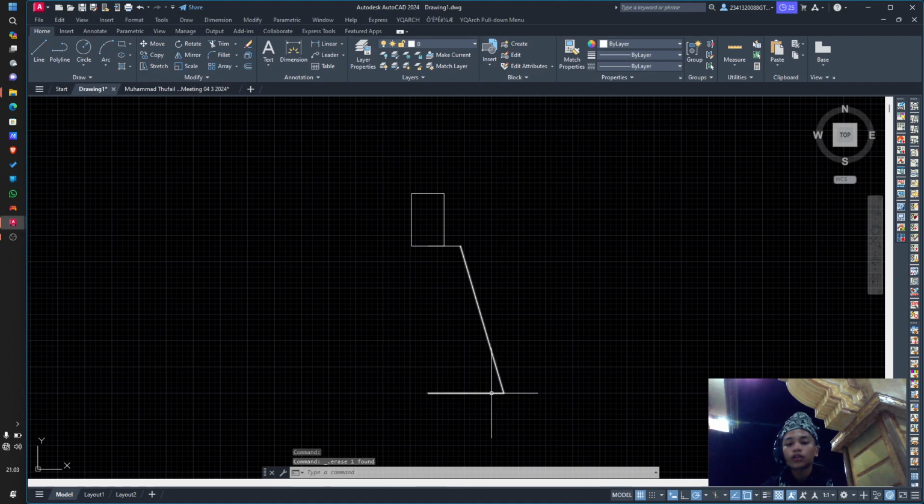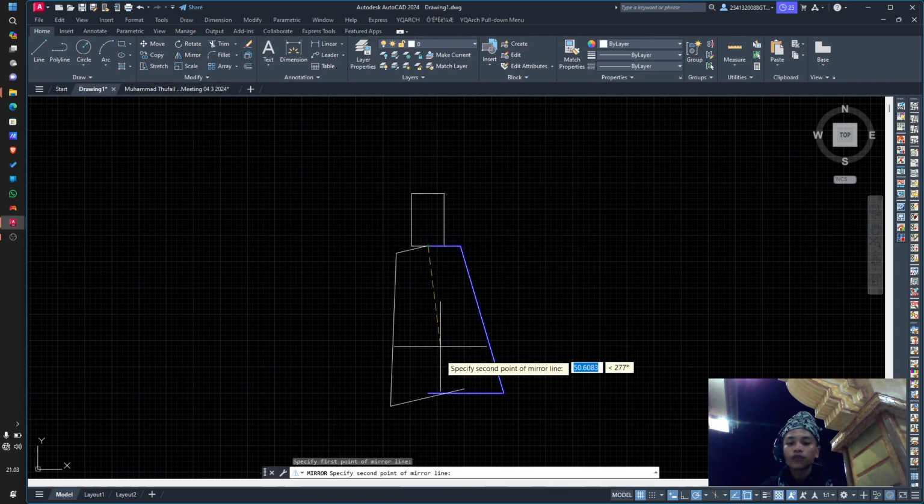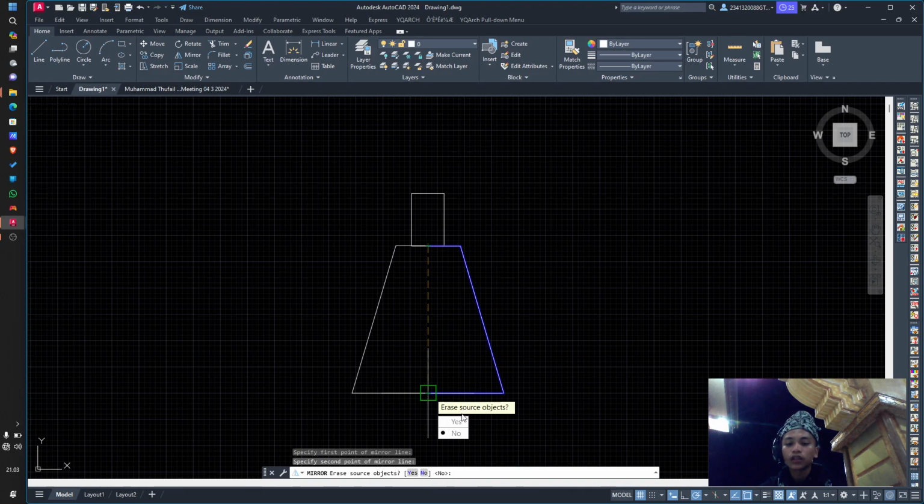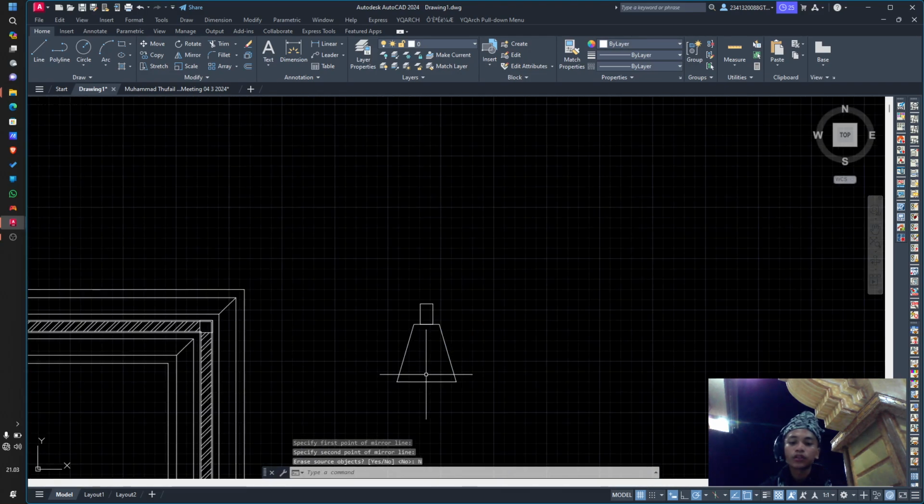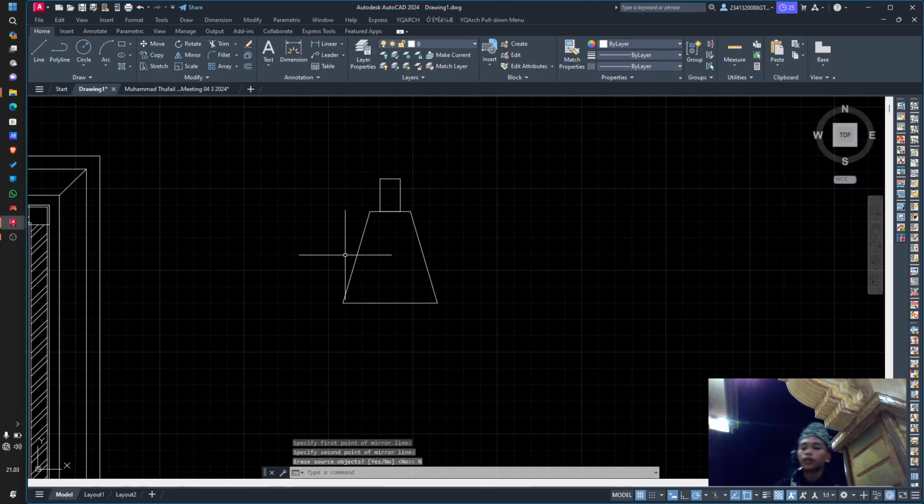So you can make a mirror of these objects. As the first thing, you can make a mirror and then specify the first point of the mirror and then the second point, and then don't erase the source object. So it will be like this. And then